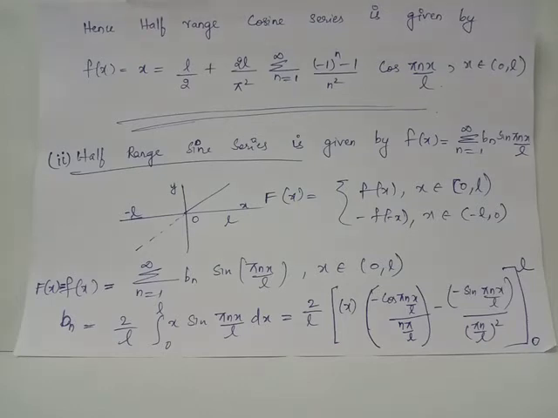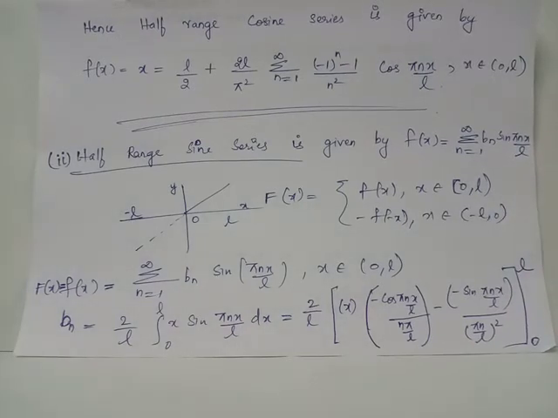Now let us try to expand the function in Fourier series involving only sine terms. That is, we wish to frame half-range sine series for the given function f of x equals x. For this purpose, we will have to extend the function f of x to the range minus L to 0 such that the new function defined will be odd function. That is, we will define capital F of x equals minus of f of minus x in the range minus